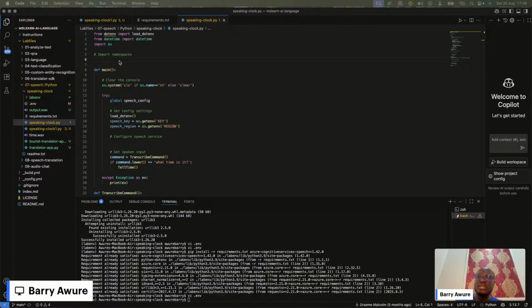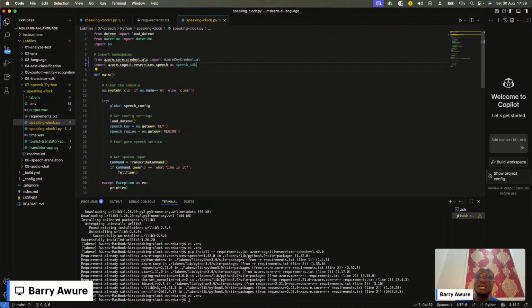The first thing is for me to import namespaces. I copied that from the follow up guide that we have, and you just drop that in here. You can see this is speech SDK. It's calling speech SDK, which we need for the speech services that we are trying to implement.